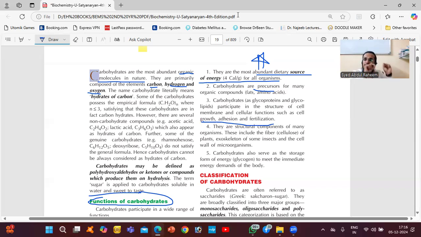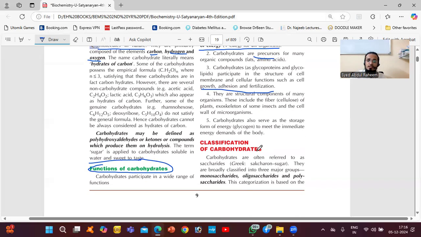So carbohydrate is the essential element to maintain that skeleton. Carbohydrate is the essential element for the plants, and the carbohydrates are the essential element to build the microorganism cell wall. We have cell wall, cell membrane. Like we have a boundary in our house, the cell has a boundary that is called cell wall or cell membrane. Okay, this is very important. So every insect, plant, microorganism, everyone needs carbohydrates.